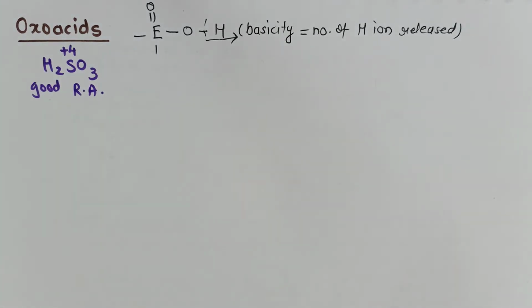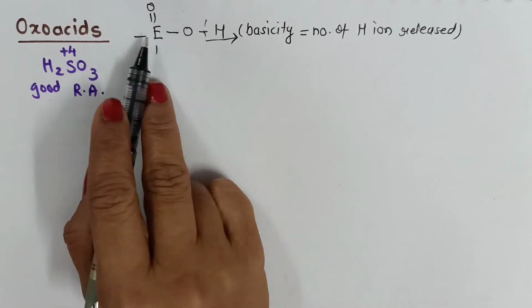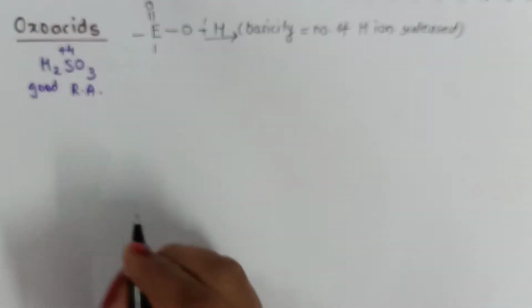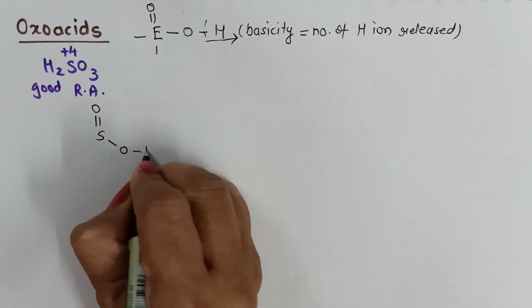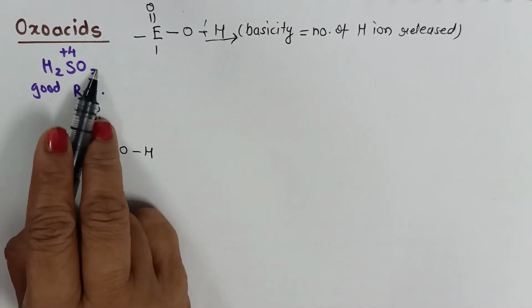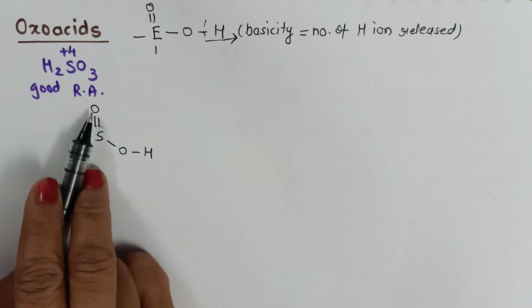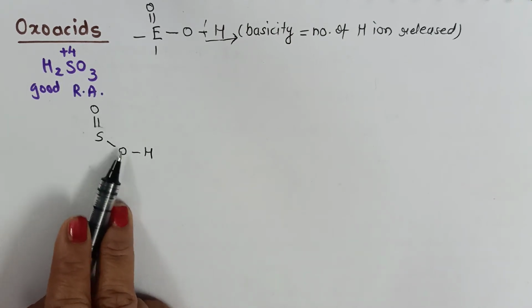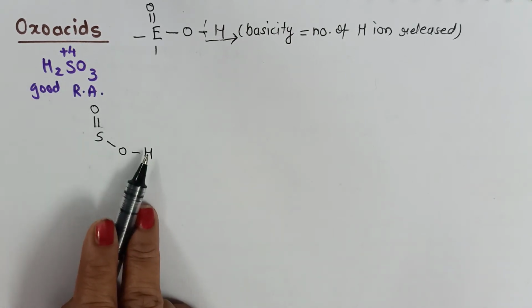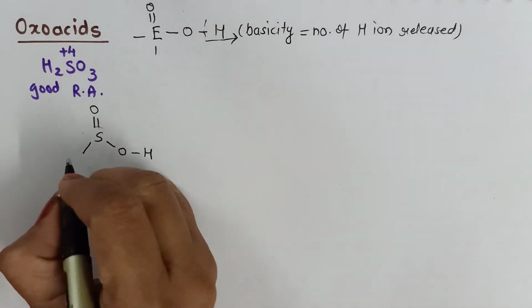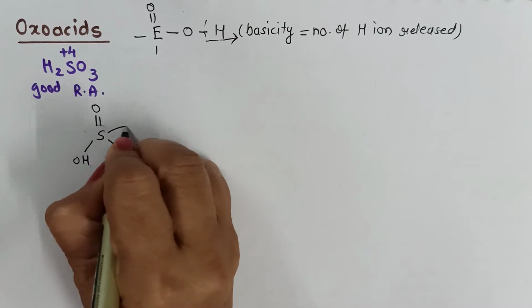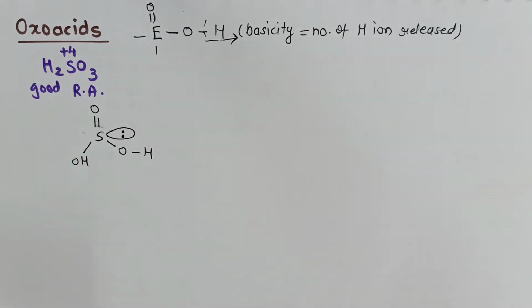Okay, let us draw its structure. First of all, I will draw the basic one, the one trick I have told you. Sulfur doubly bonded with oxygen, OH. Now out of H2SO3, these two oxygen are already counted. One hydrogen is already counted and therefore the remaining is OH and there will be one lone pair left out on it. So this is the structure of H2SO3.